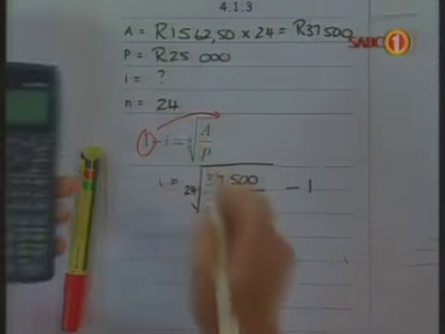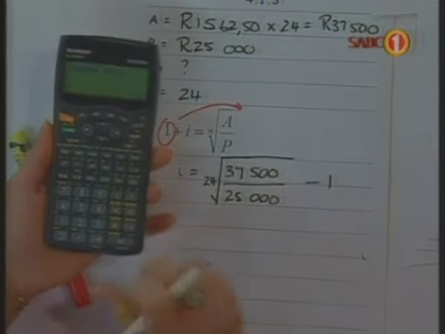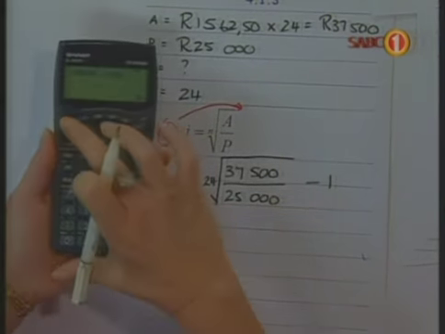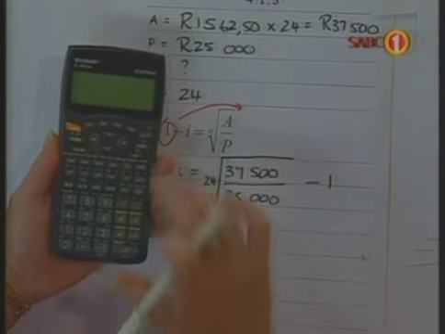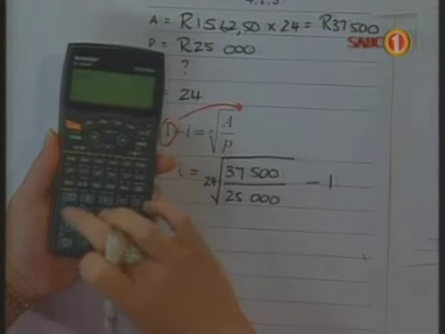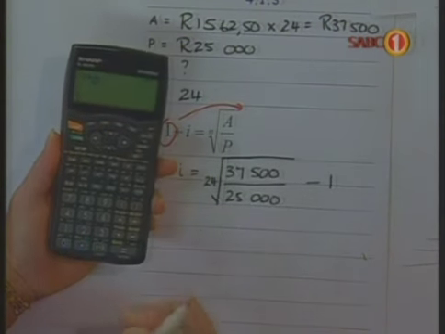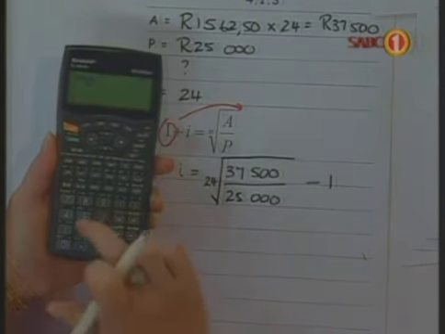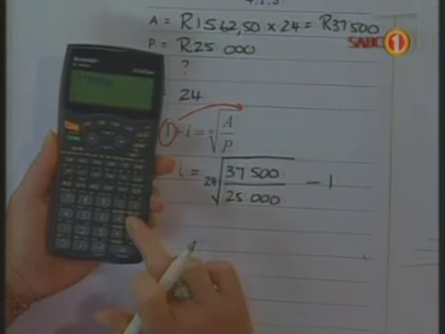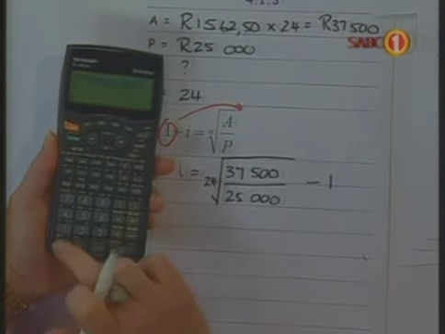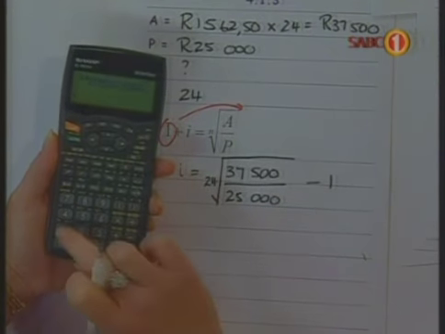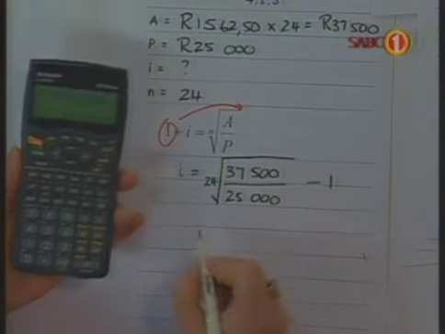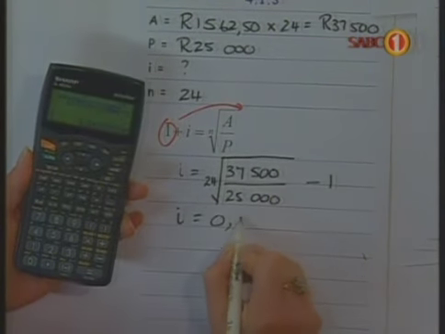So now please, when you're doing this on your calculator, make certain you don't make any mistake. To find the 24th root, we first put in our 24, to make sure that we're finding the root. We've then got 37,500. We're going to divide that by 25,000. We're then going to go outside of that, and we are going to subtract 1, and that is going to give us an i value of